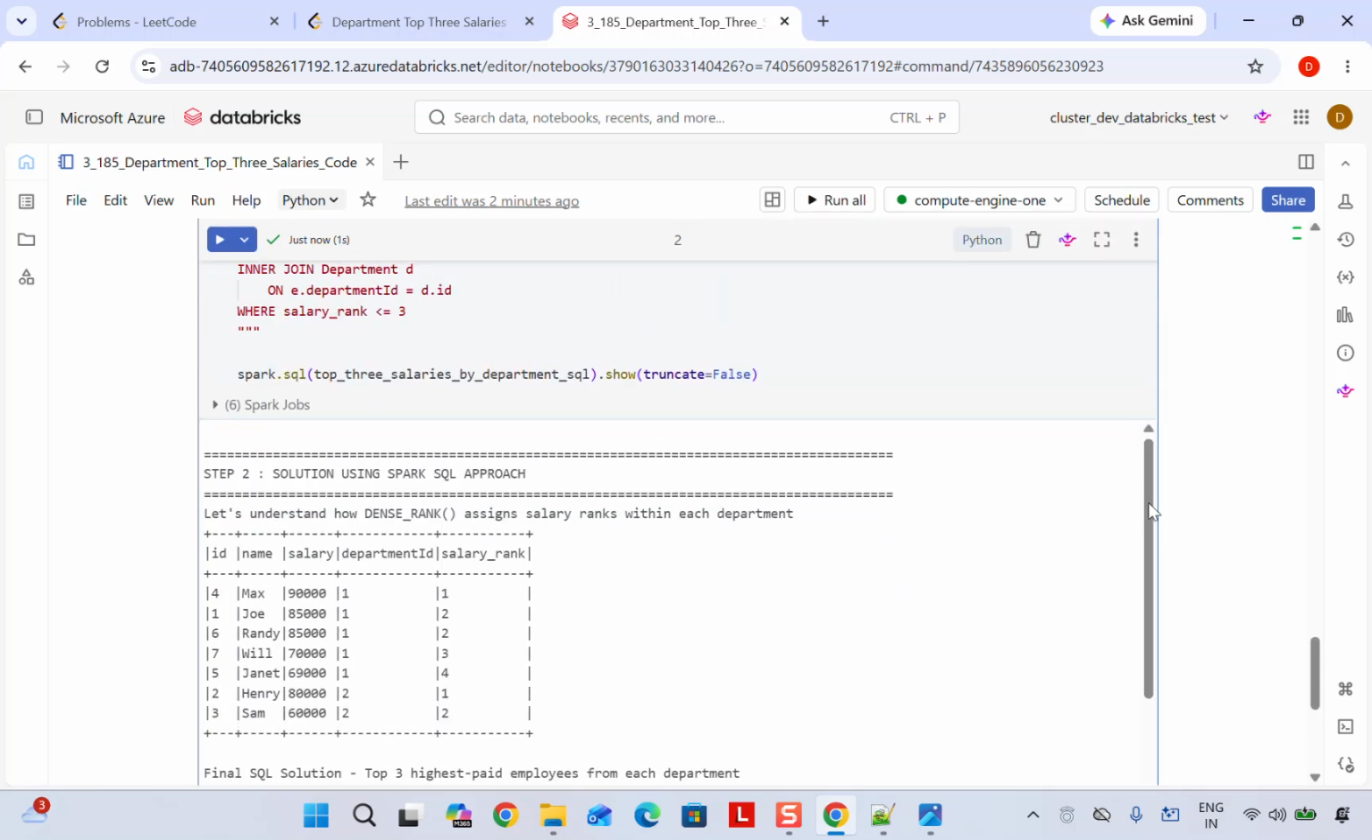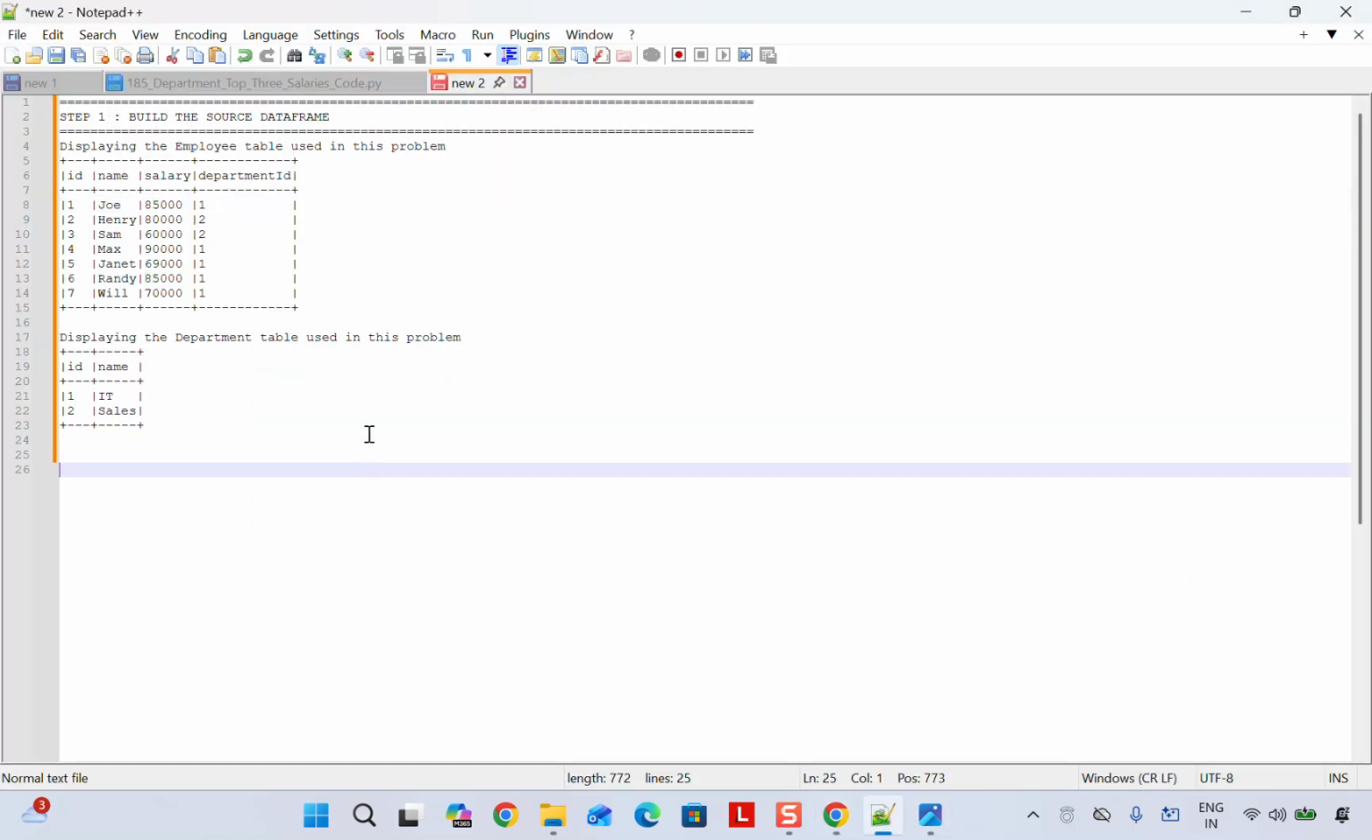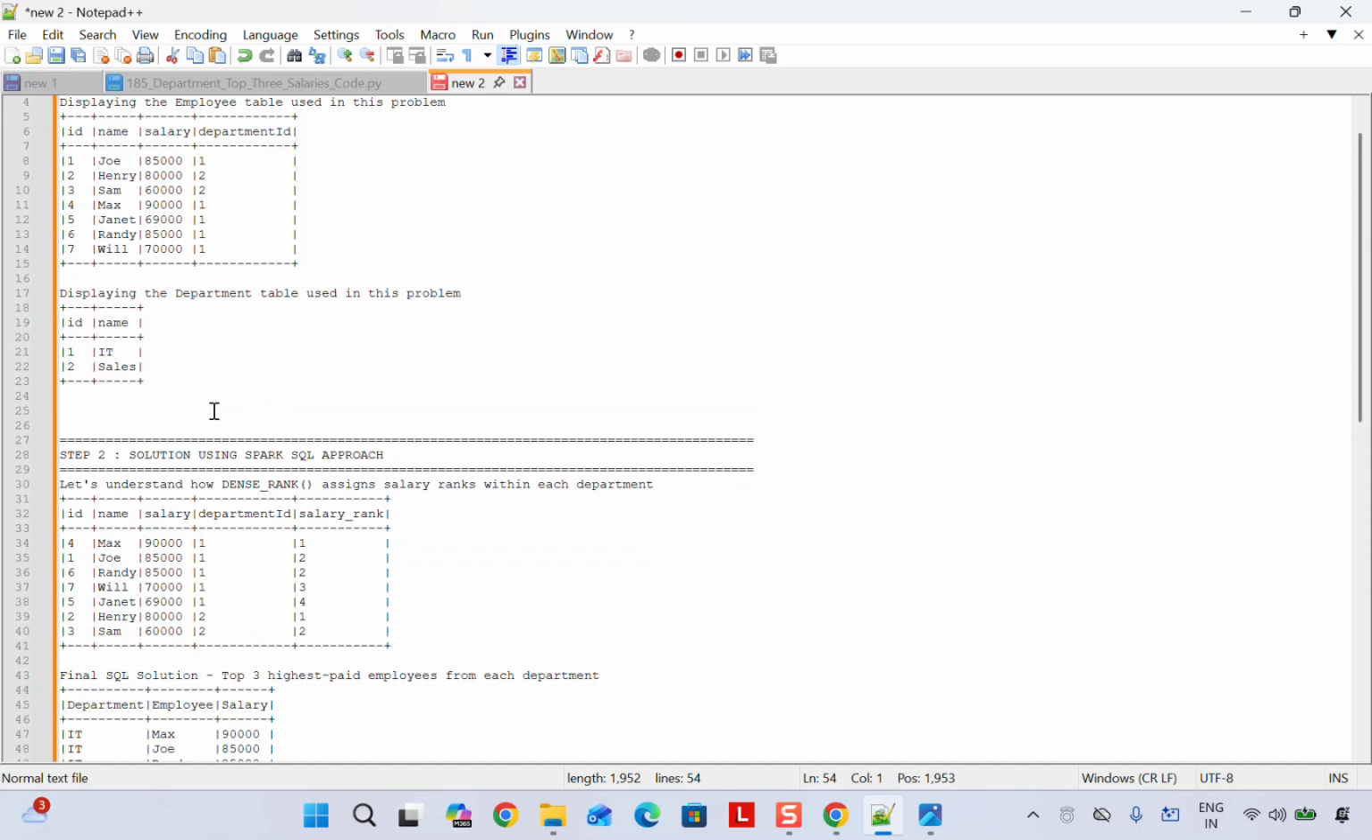Let me copy paste and take it outside so that we can have a proper visualization of that. It is difficult for us to read the data here, so I'll just take it to Notepad now. So now if you see,